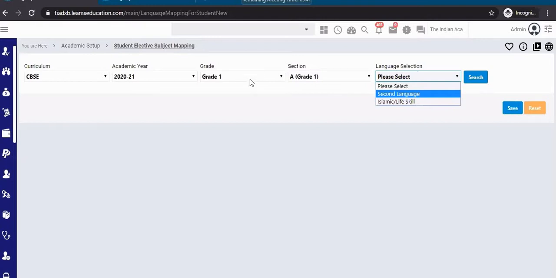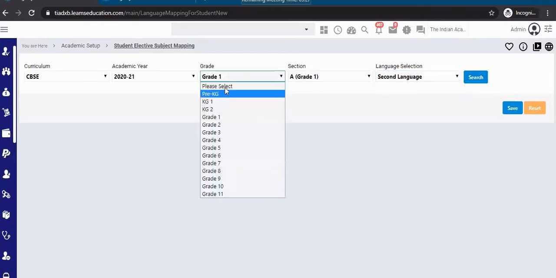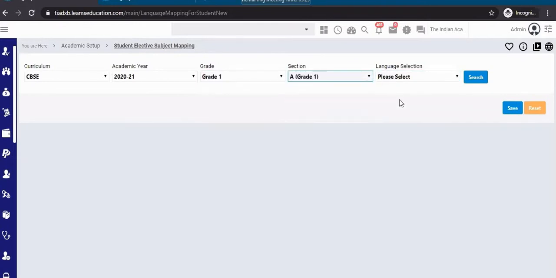Even if it is not mapped to any grade and section, that filter I have done. When you change the section to Grade 1A, you will see the filters. For example, 3 KG, you won't see them. For Grade 1, it will list them down. Got it?